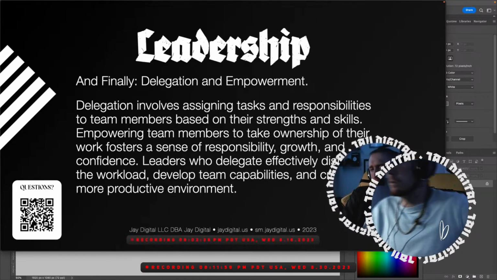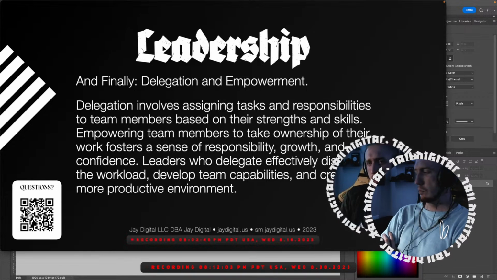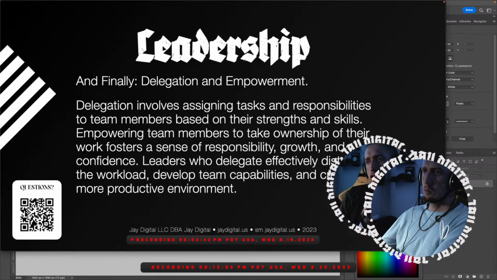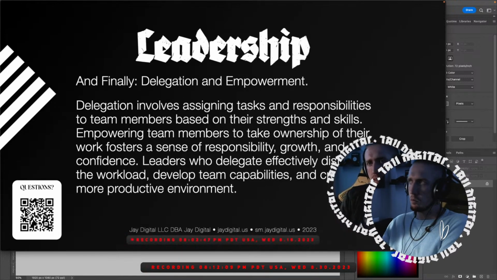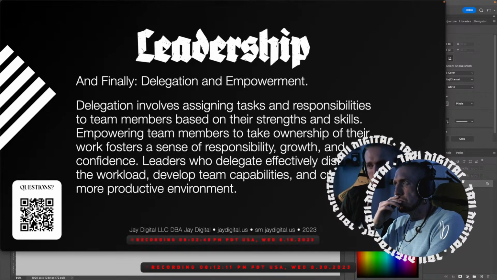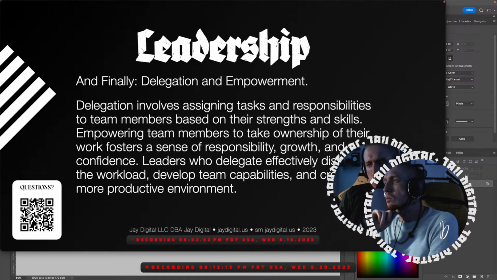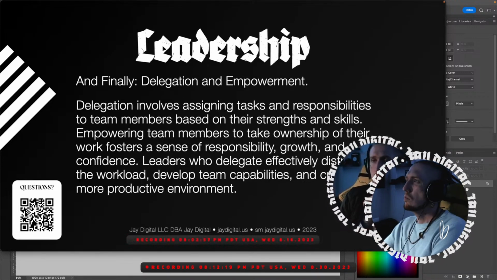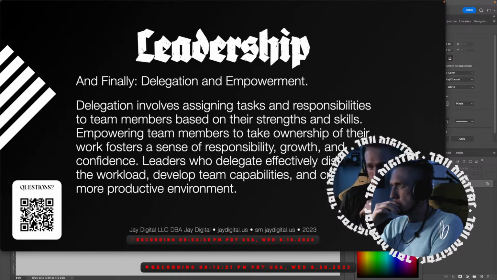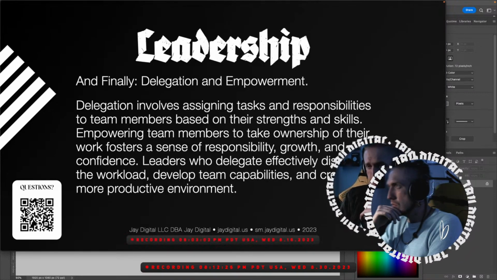Delegation involves assigning tasks and responsibilities to team members based on their strengths and skills. Empowering team members to take ownership of their work fosters a sense of responsibility, growth, and confidence. Leaders who delegate effectively distribute the workload, develop team capabilities, and create a more productive environment.